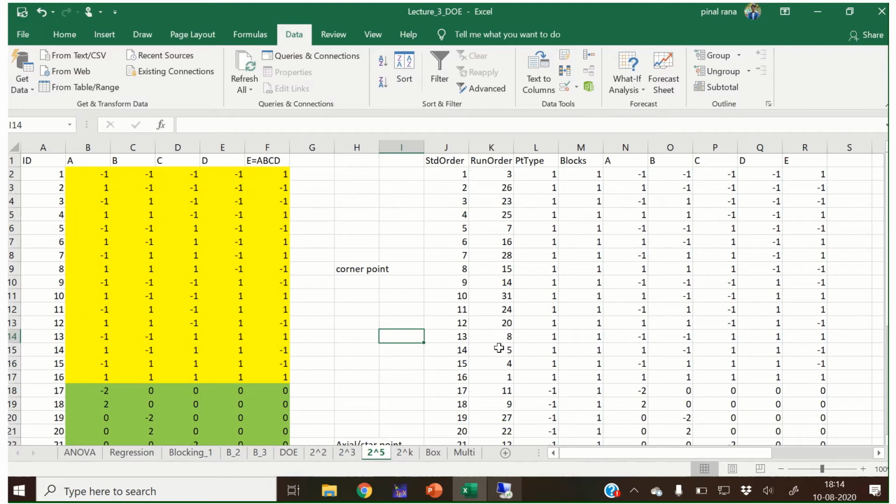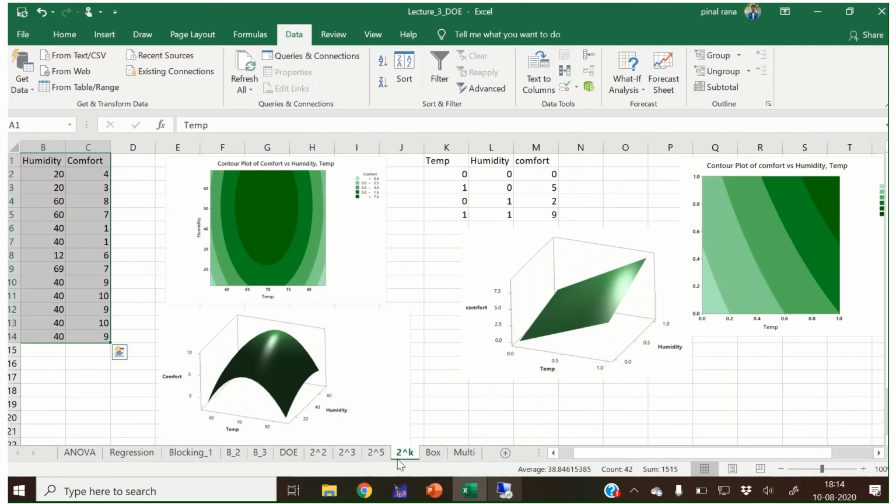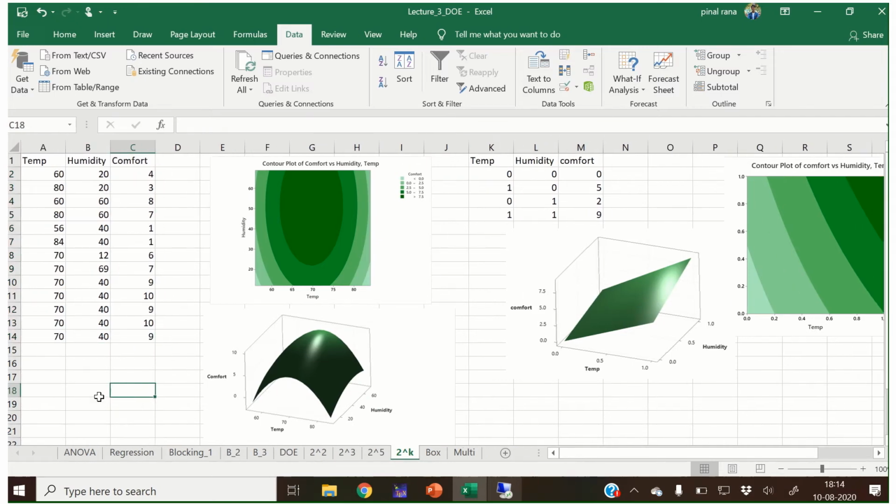Now we take one problem and solve that problem using Minitab. Okay, so we saw this problem in the first lecture. In that we had taken a two variable, two level design. So these are the results that I obtained from the analysis, and instead of two variable two level, here I have taken a two variable 5 level design.